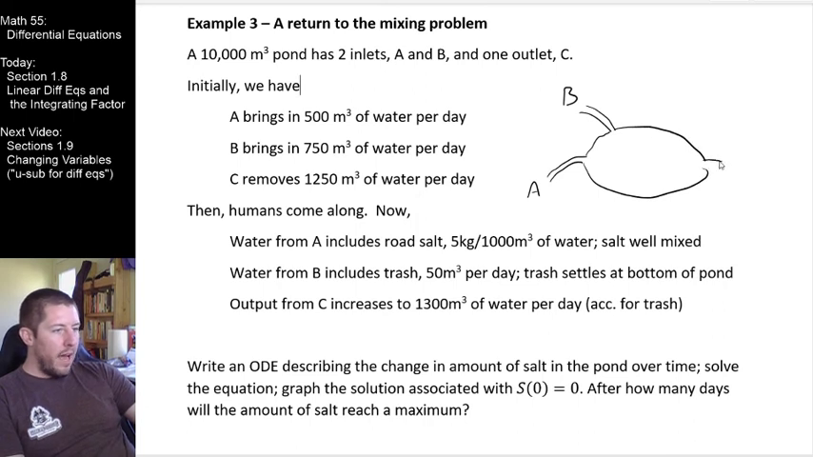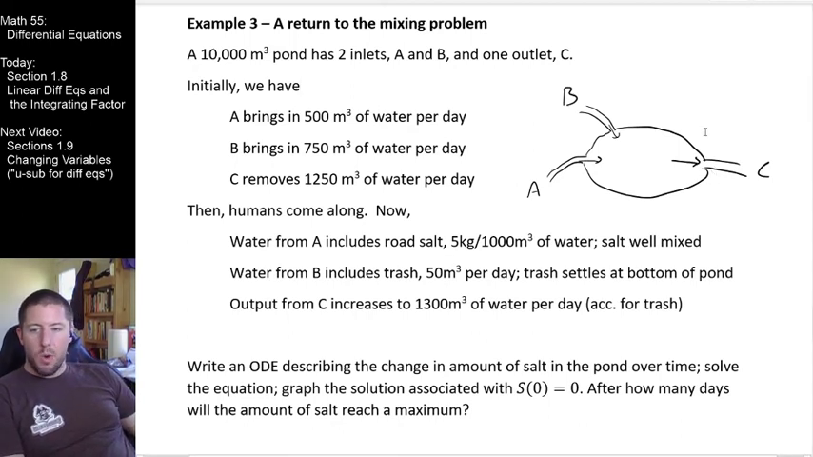And we've got one outlet here, C, that's coming out of the pond out here. Right, so these are going in, C's going out right there, right? Typical ponds, they got to get their water from somewhere, right? So stuff coming in, stuff coming out. Initially, pre-humans,